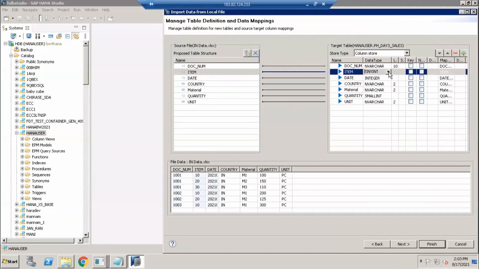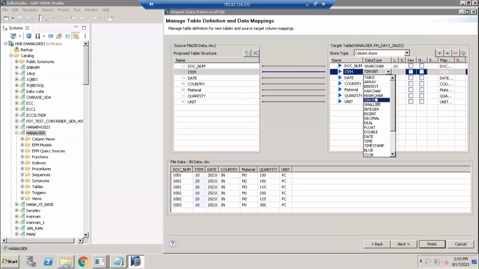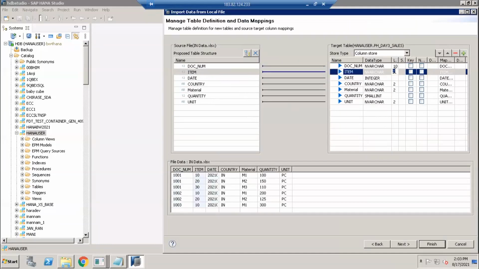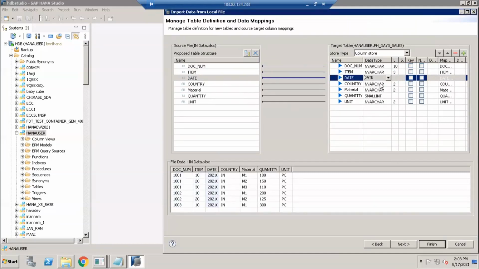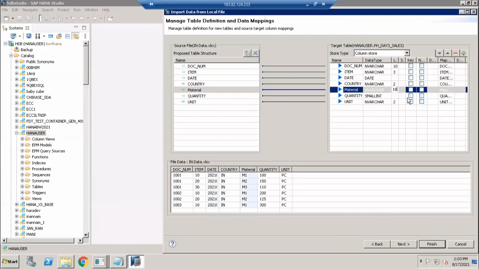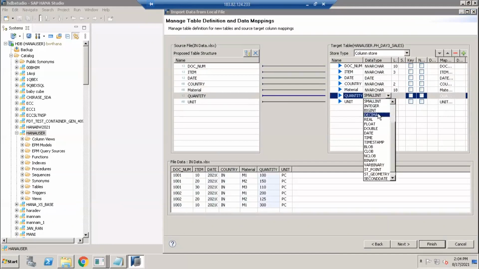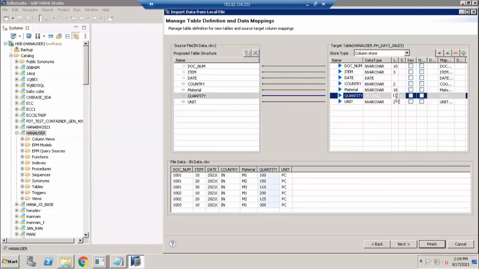Item number also nvarchar with length 3, and date as a date data type. Country as nvarchar, and material nvarchar 18 as per BW standards. Quantity should be decimal format of length 17 and 3.